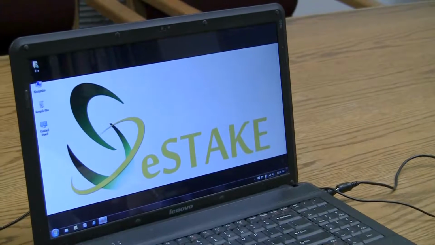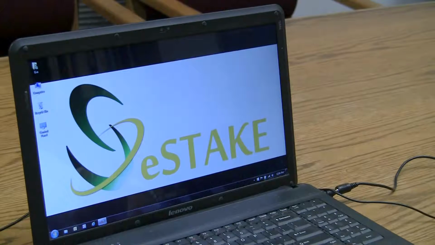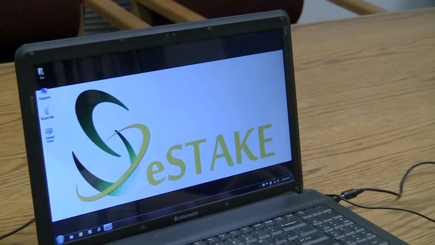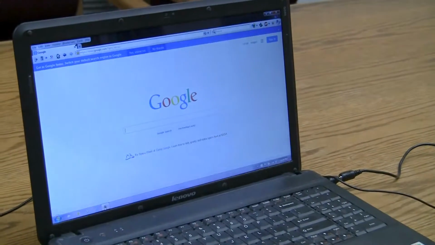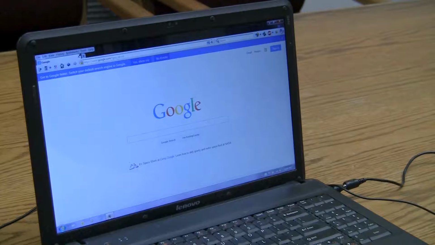Today we will show you how to create an eStake login for the web interface, as well as how to install and play with the app. So first, to log in and create a new eStake